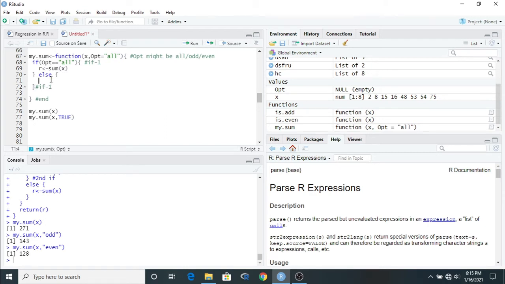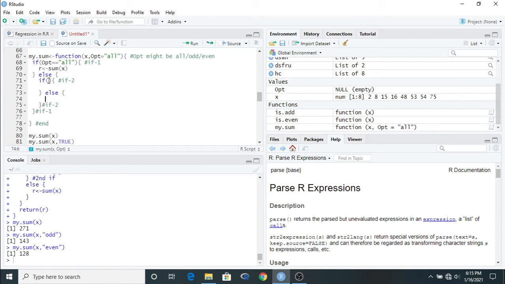Then inside the else function I am going to put another if else function. So here if, then the same thing, put the curly bracket, then here else, then put the curly bracket. This will be the end of the second if function. So just put enter. This is where the second if function starts, and this is where the second if function ends, if second. Okay, we have to put another enter here.